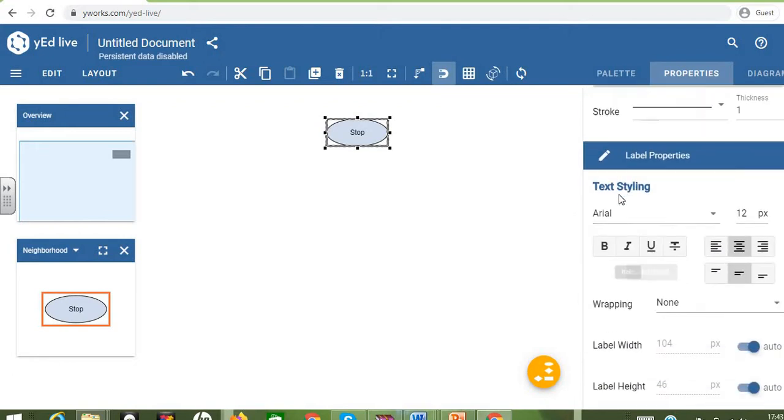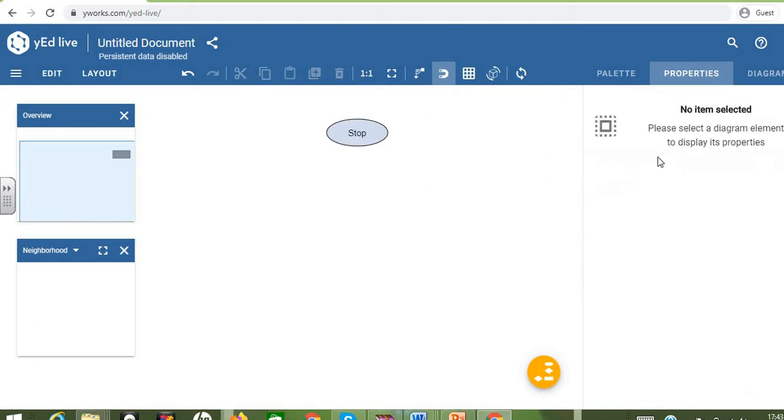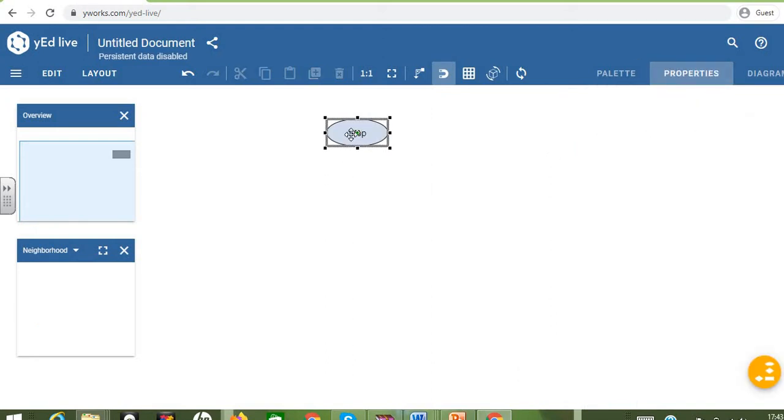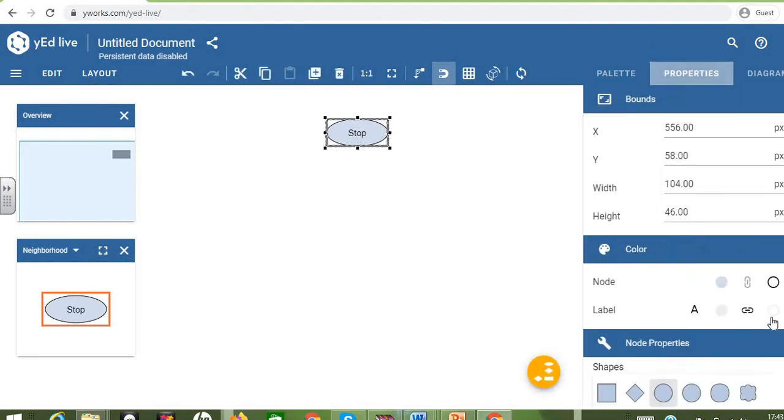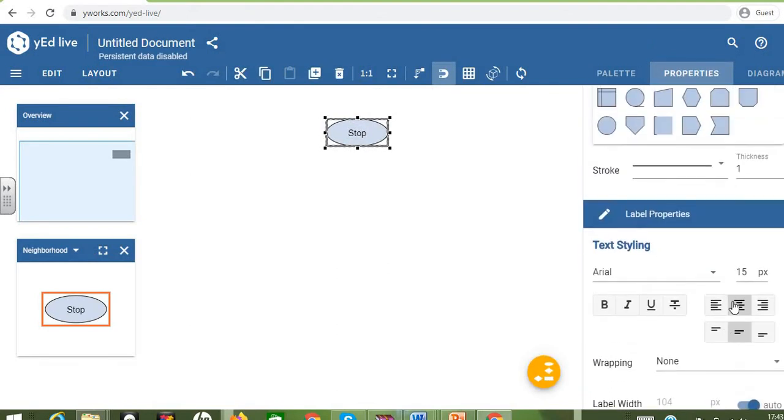Here we have the text styling, the label properties. I can select any type of font, and presently by default it is Arial. I'm leaving it as it is, and I'm increasing the font size. I can also go for its alignment. Bold, italic, underline, all the basic things related to the text are available here.